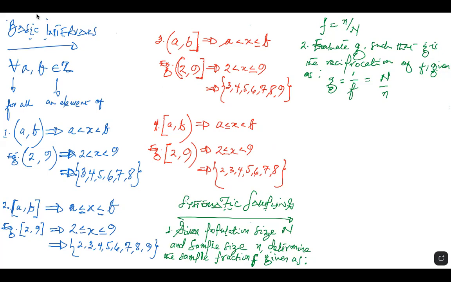You recall from basic school that the idea of reciprocal simply means that when you have a fraction and you take the reciprocal, the denominator becomes the numerator, and the numerator becomes the denominator. All right. But just to ensure that I don't leave anyone behind,